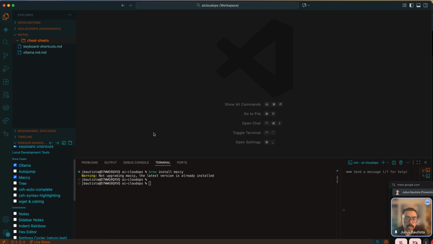So let's clear that. I don't need any of that anymore. That's Maccy. Let's also do a Brew install Autojump. Pretend it's not already installed. It already is for me. It's going to tell you to add a few lines of code to some files. This is where we can talk about